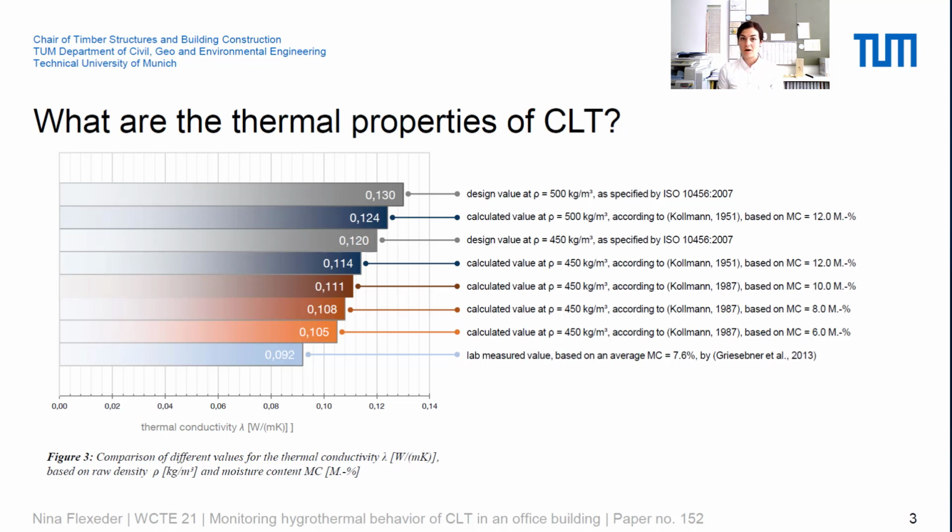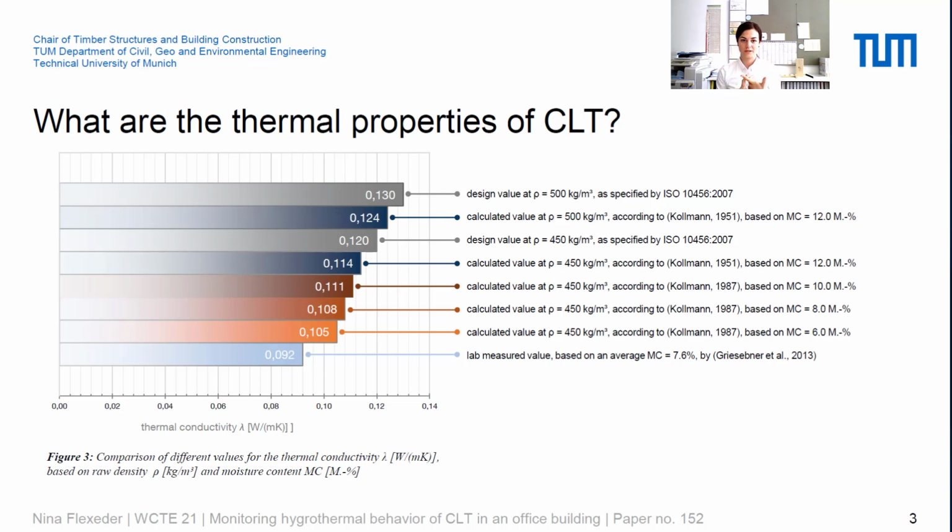That is usually called lambda with the unit of watts per meter Kelvin. And according to code, we should use 0.13 watts per meter Kelvin,